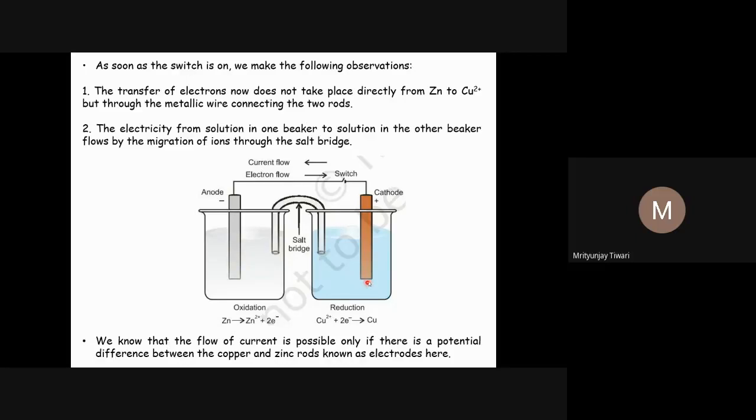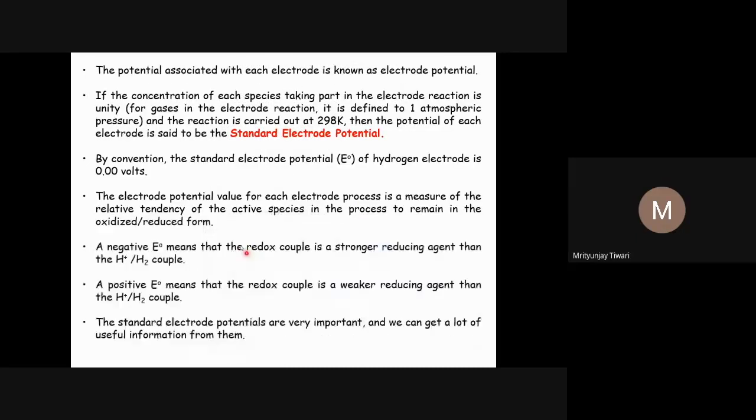And again here, because of copper deposition, if extra electrons are added and we don't balance it... sorry, the copper is getting deposited, so anyway this is a neutral one. So what does the salt bridge do? It helps these beakers to be electrically neutral. If they are electrically neutral, the electron flow will be facilitated, otherwise it will not happen so easily.